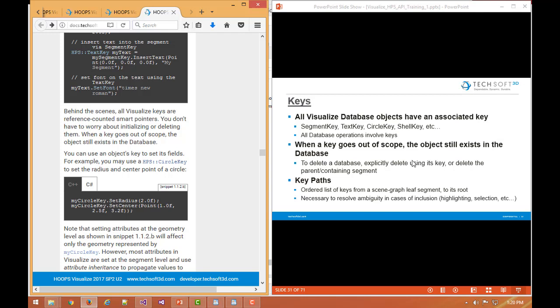So imagine if you've created a root segment and put a bunch of graphical primitives in there to represent a tire. And then we might include or reference that tire multiple times in our actual model. Well, if I then pick on a specific tire, I need to know which unique instance of that tire I selected. So I need a fully rooted path of keys up through that include link up to the parent